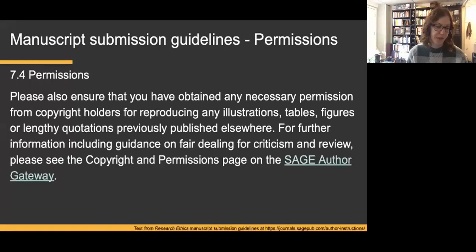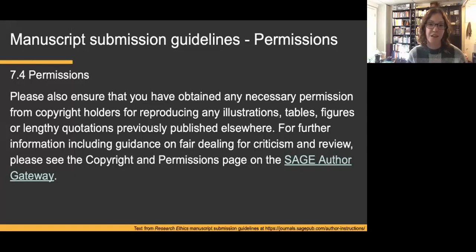So here is one example of a copyright permissions policy. This is from a journal that's published by SAGE. The journal is actually called Research Ethics. And I'm going to use this journal and SAGE in a couple of examples to provide you with some on-the-ground specific examples of what you might see in these policies. You can see here it's pretty basic. Ensure that you've gotten the necessary permissions to reproduce these. And it also illustrates what I think is a pretty important concept that you should be aware of in the